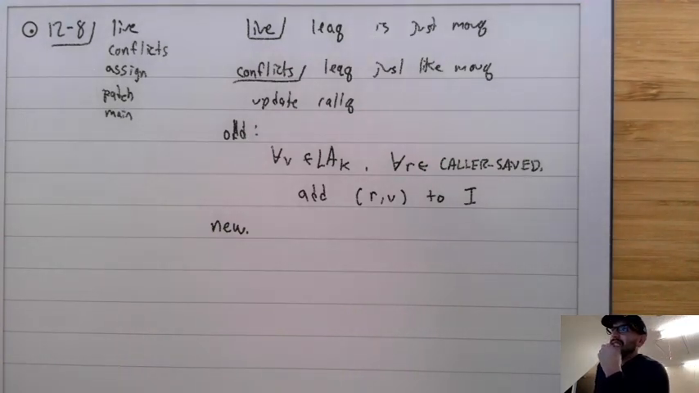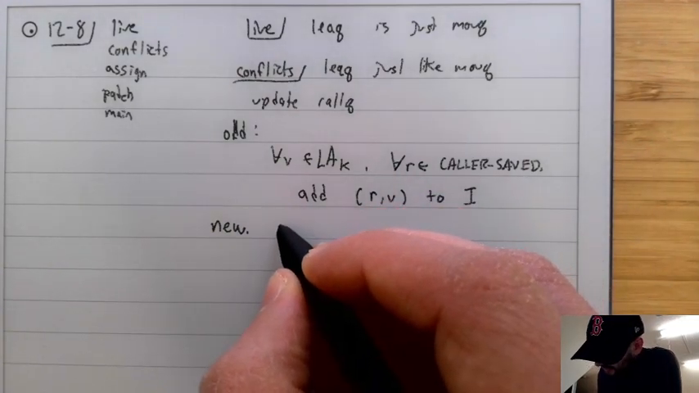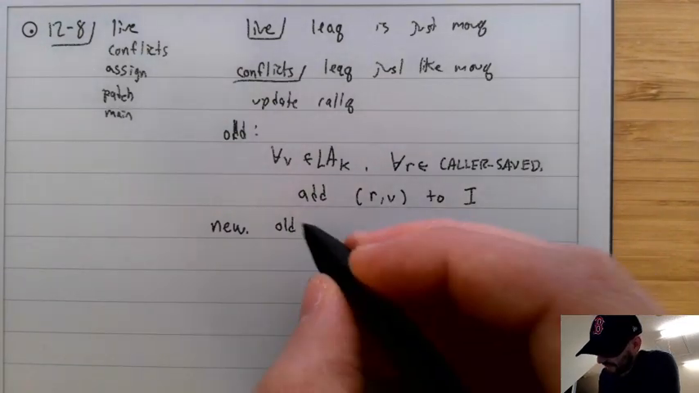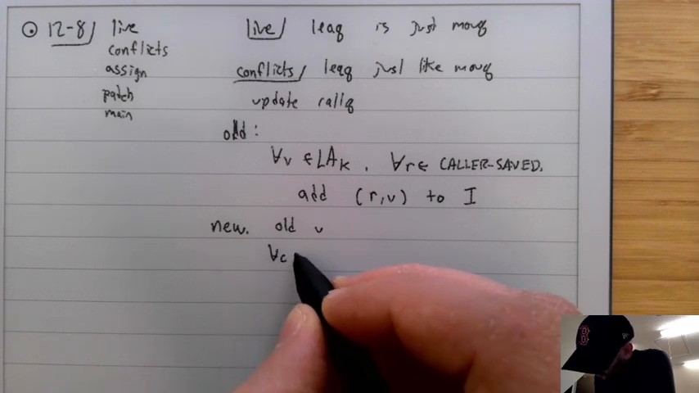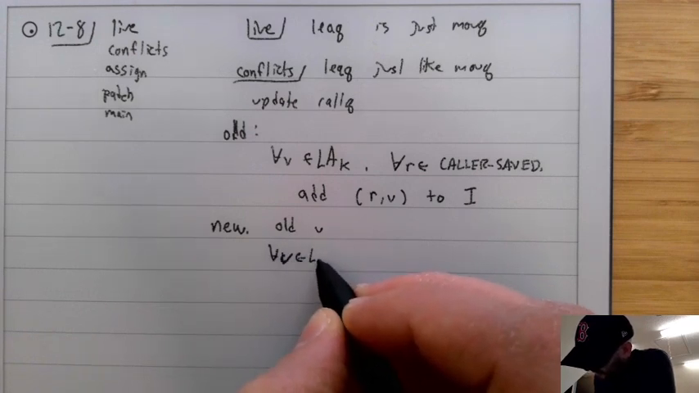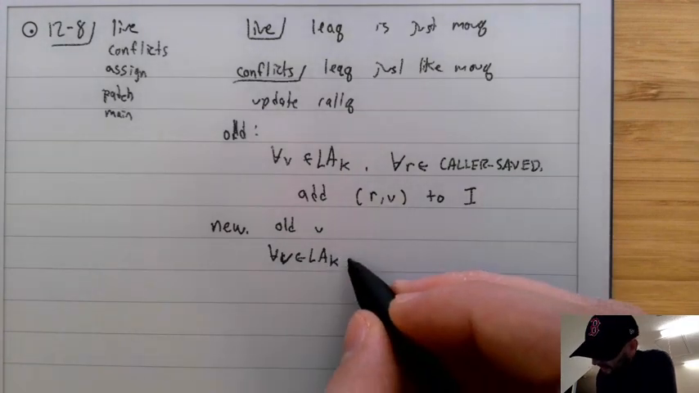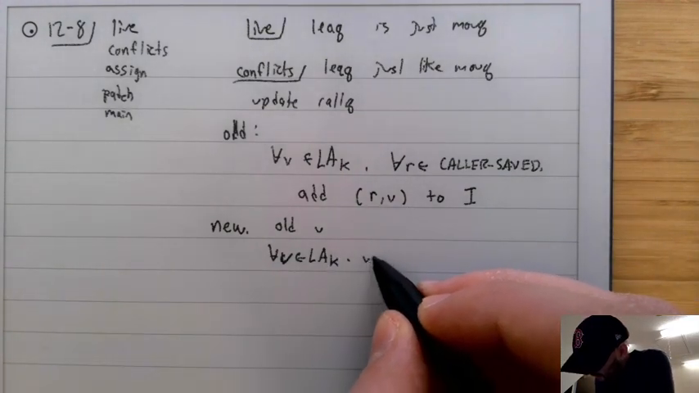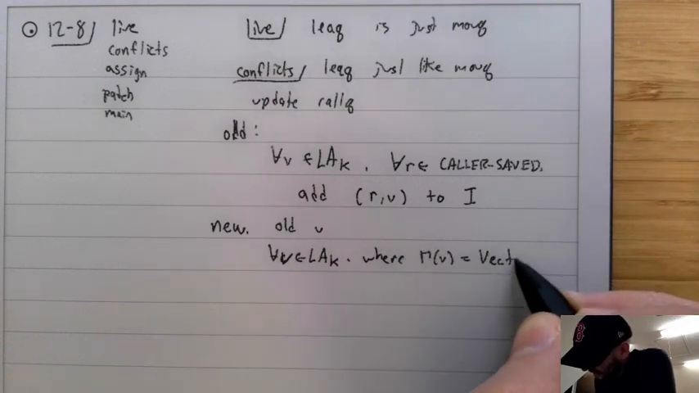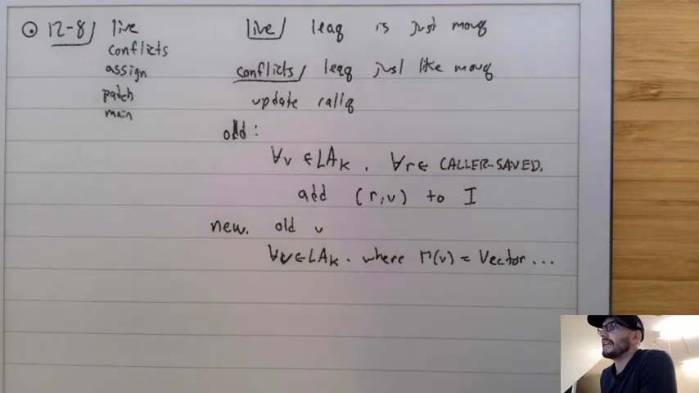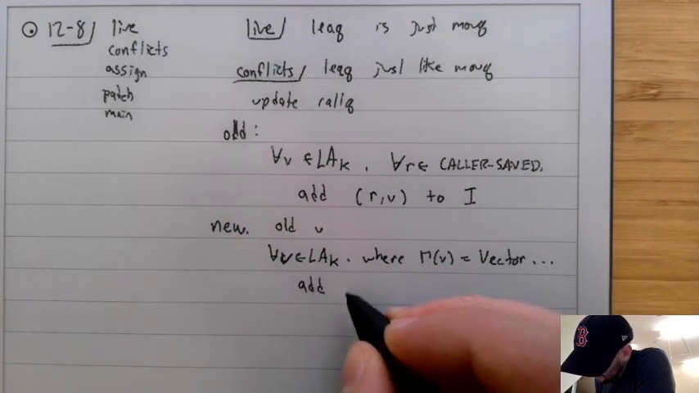Our new rule is going to say, do everything the old one did. Okay? And do one more thing, which is that for all variables that are inside of the live-after set, where when you look up in gamma that variable and it is a vector, then in that case, we're also going to add